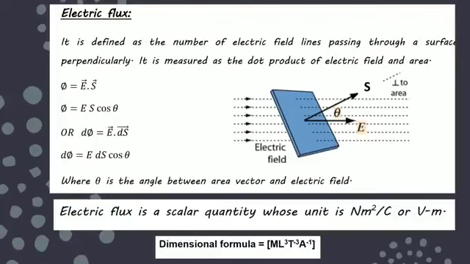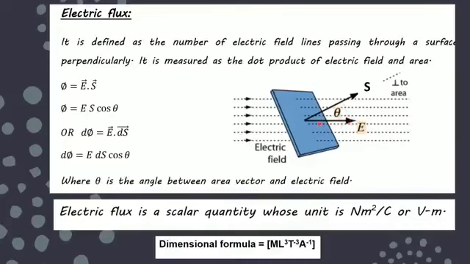Here you can see the direction of E is this way. This is the electric field going to its right. I have kept the area at some angle. So what is to be done, we have to take the component of E in the direction of the area vector, like we learned in 11th class, how to take the component of a given vector in another direction.